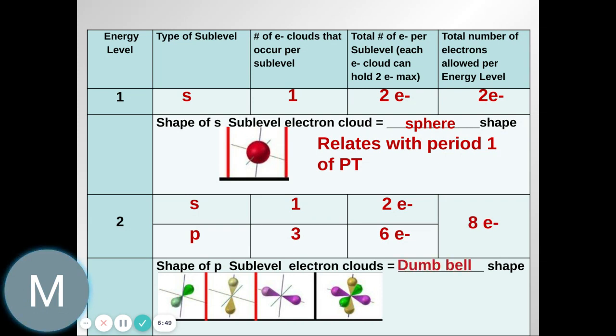Okay, so the P sublevel is dumbbell shaped. And if you look at the second row of the periodic table and count how many elements are there, check that out. You've got 8 elements, right? Lithium, beryllium, boron, carbon, nitrogen, oxygen, fluorine, and neon. 8 different elements. Now it gets a little wonky with the periodic table starting with the third energy level because,